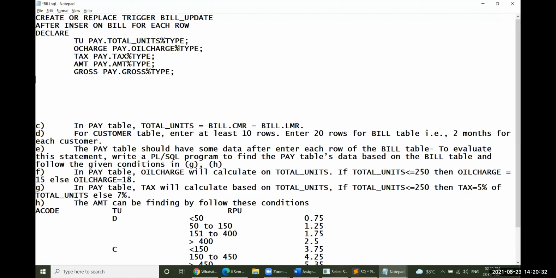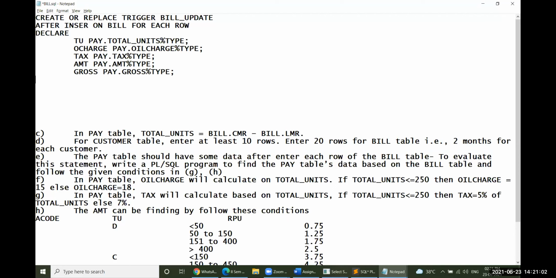So what is the specification to be applied with this particular trigger? There are several conditions to be operated on in the trigger. Let us have a look here. Those operations will be, number one, we need to calculate the total units.